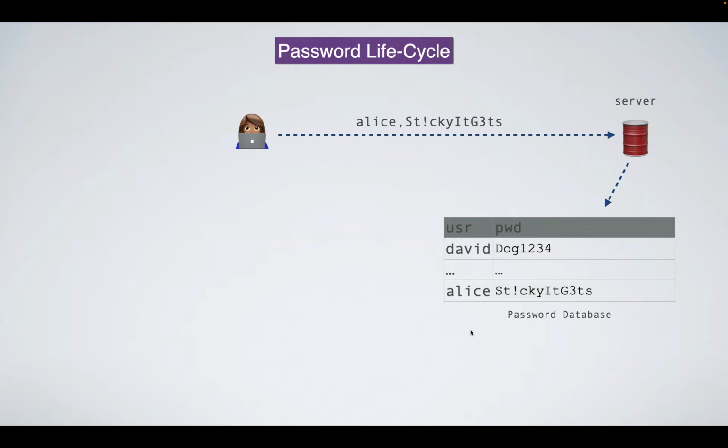Okay, so this is the basic approach. So what are all the security vulnerabilities? The server gets hacked, the whole database will leak, and the passwords will be known. If someone breaks into the server, the password file is leaked, so all the accounts are compromised. The attacker can log into any account. Plus, if you use that same password on other websites, which lots of people do, then someone might take the password that got leaked from site A and try it with the same usernames or emails on sites B, C, and D, and they may be able to get access as well.